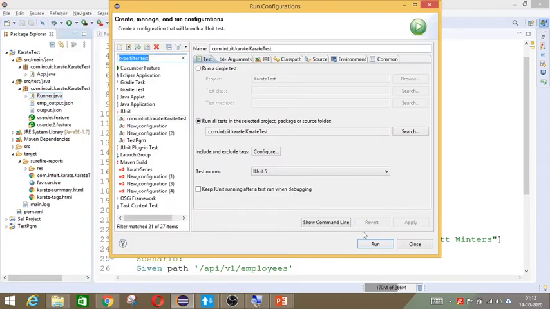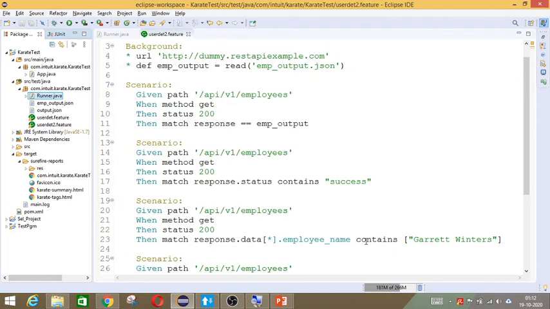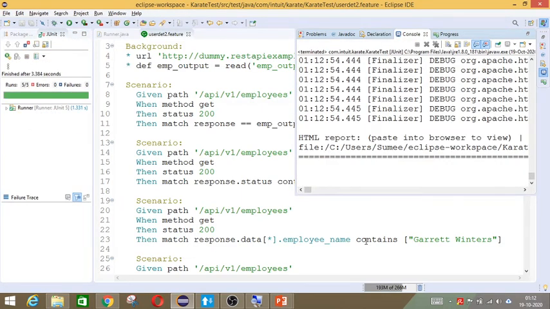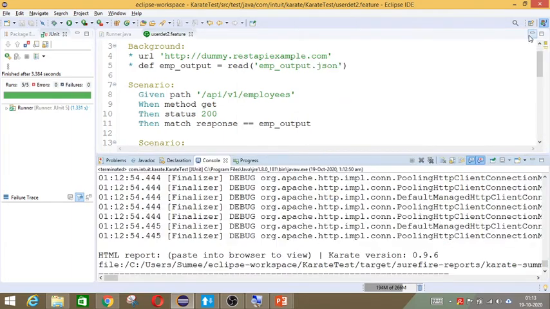So you might think, what if you give directly match response.data.empSSN is equal to null or not? It will not work. The reason is that you don't have such value at all.